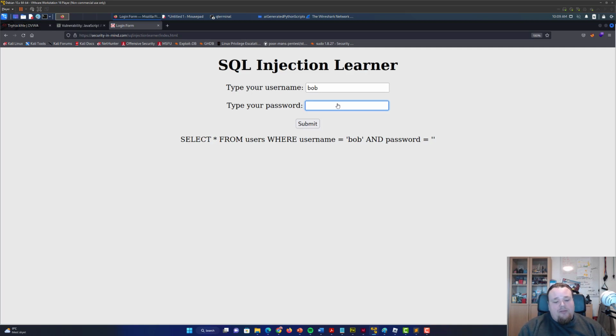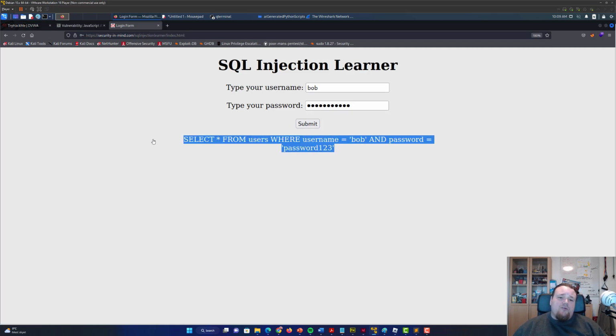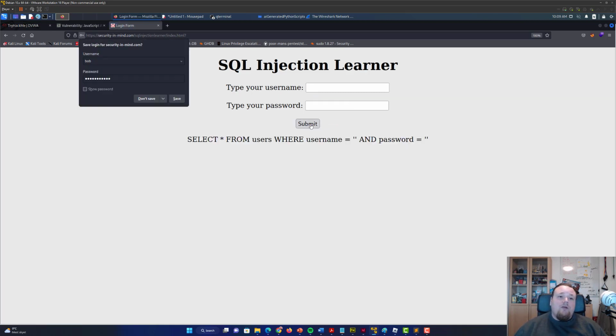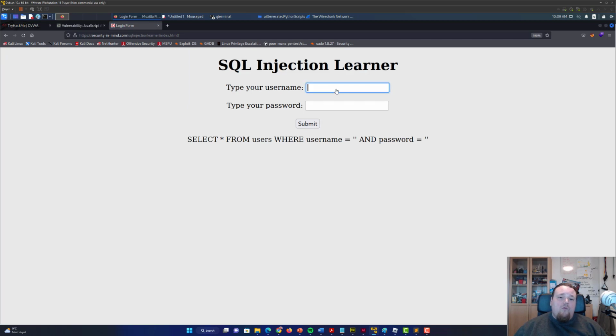And typically you say Bob has the password of password123. So now you see this is the actual SQL statement being input directly into the database whenever someone presses submit, right? So what happens when you do SQL injection? I'm going to do it in the password field. You see that the actual special characters that divide the values are called, well, let's say, single quotations. And if I do, for example, my password here,